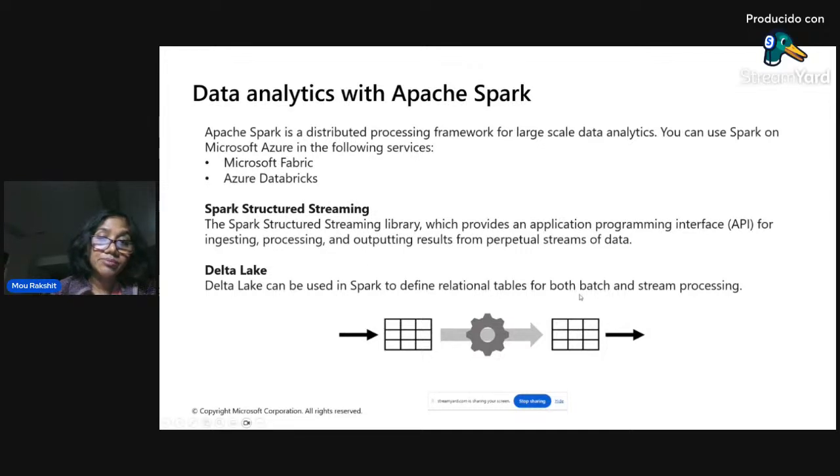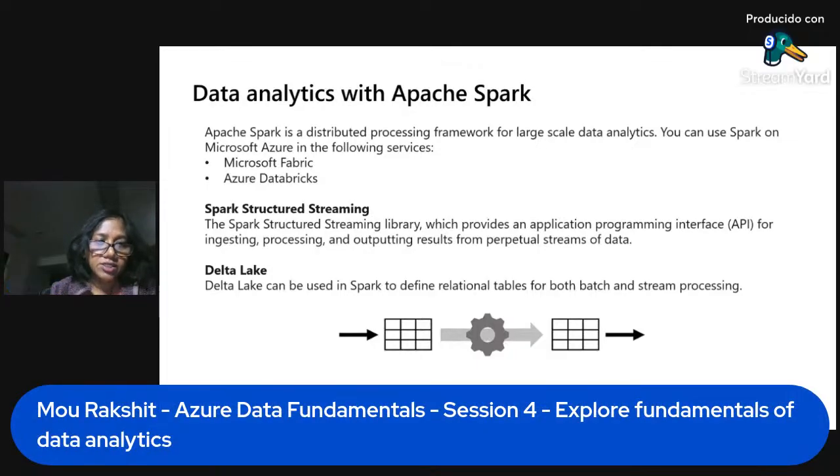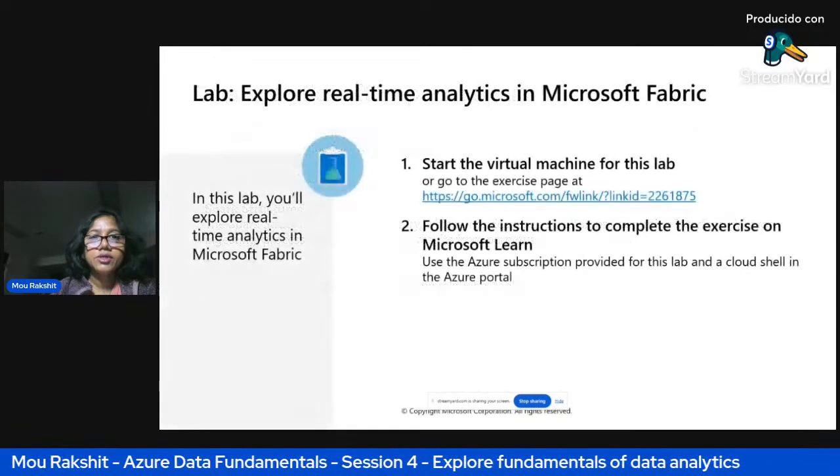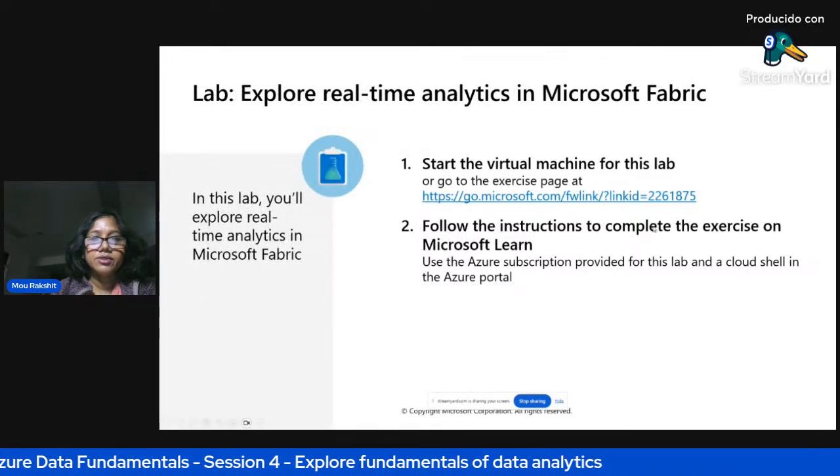Okay, and it is also giving the ability to ingest. It doesn't have to be batch. With a Delta table you can write to all workloads, whether it is streaming, where you're ingesting the data in a streaming mode, or in a triggered frequency mode, batch mode. Either way, you can store the data. So you can ingest it and process it with the Spark Structured Streaming API and then store it in the Delta Lake, Delta table. Okay, so there is a lab for this also. Let me go to that lab.